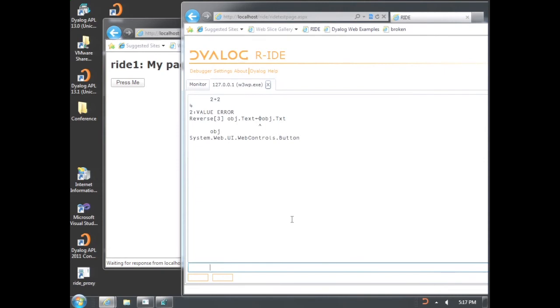And what I can see here, but you might not be able to make out, is the reason I've got a value error is that this says obj.text, T-E-X-T, gets the reverse of obj.txt. I've misspelt the word text in that second part. And I can fix this in the same way that I would fix this if I was using the regular